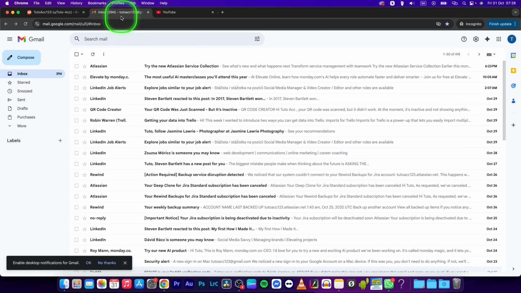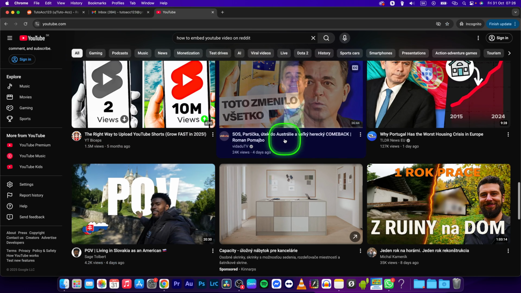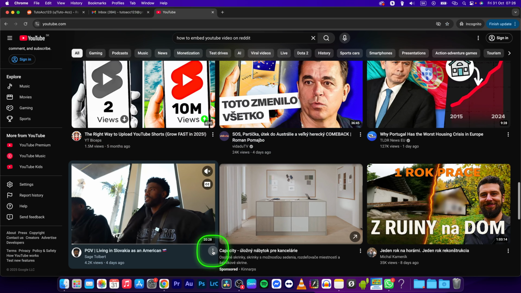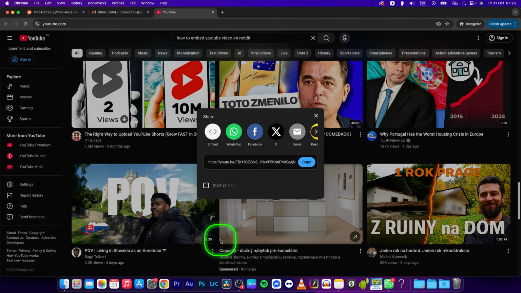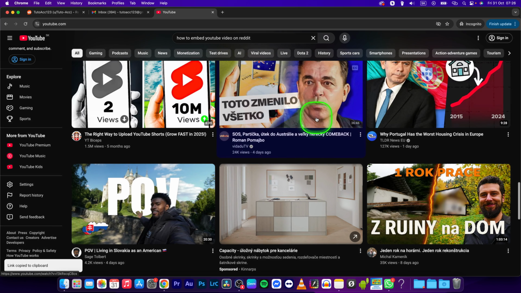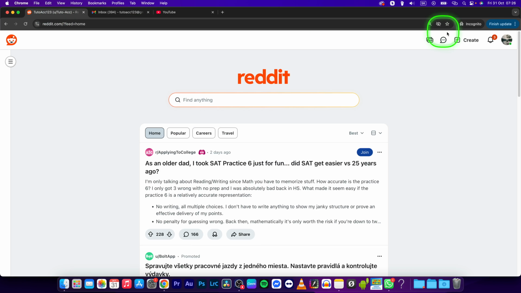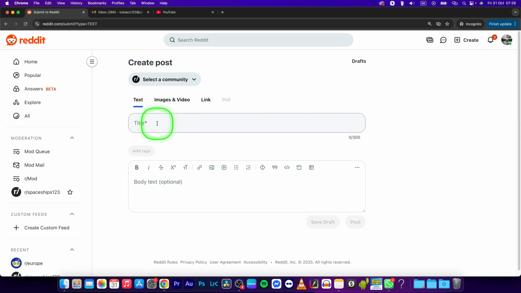First, go to YouTube and select the video that you want. So let's say this one, click on these three dots and then Share. Now just copy this link, then close it and go back to Reddit, click on Create and give